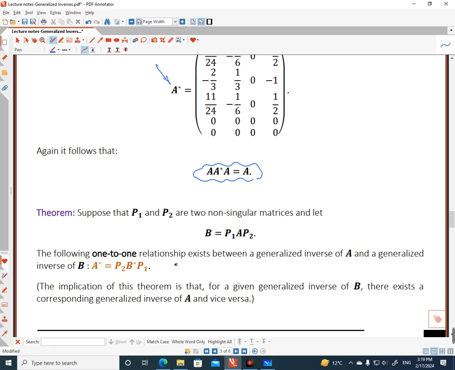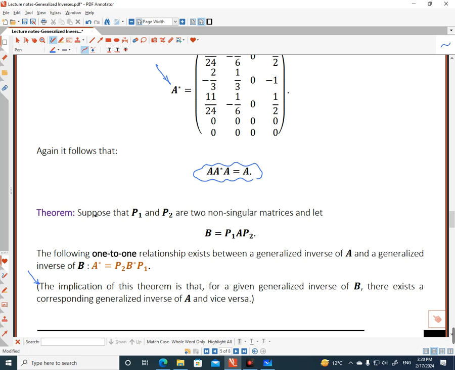Okay, now let's go with the other theorem. It is a nice theorem. Before I explain the theorem, let's consider its implication. This theorem says that if I have a generalized inverse B, then there is a corresponding generalized inverse of A if there is a specific relation between B and A. So once again, if there is a specific relation between two matrices, from the generalized inverse of one of them, we can find the generalized inverse of the other one. But what is that special